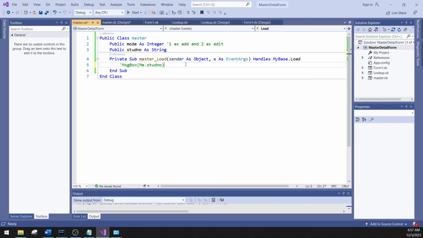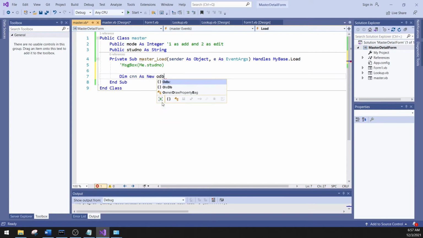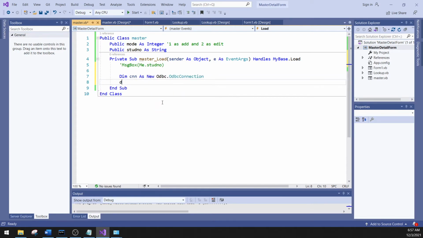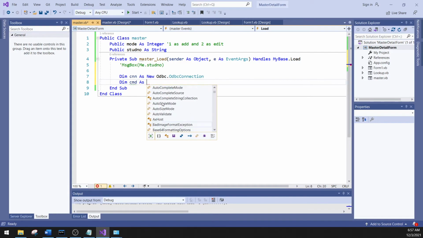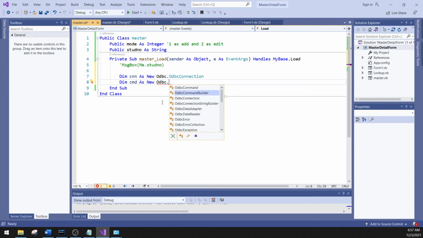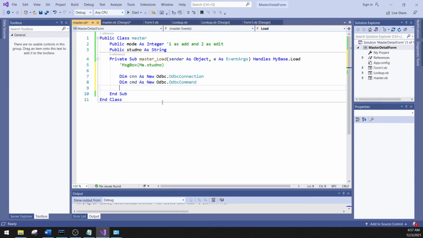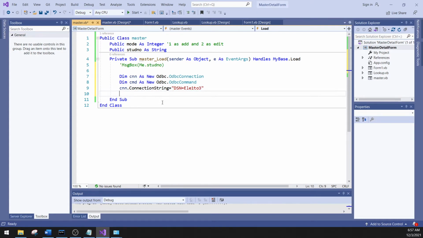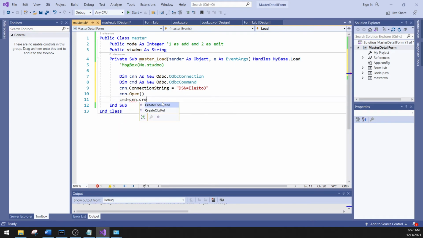So let's display the name and the student number. Okay, so I have here dim CNN as new ODBC connection, dim CMD as new ODBC command, and then CNN dot connection string is equal to DSN equals L123. CNN dot open, CMD is equal to CNN dot create command,